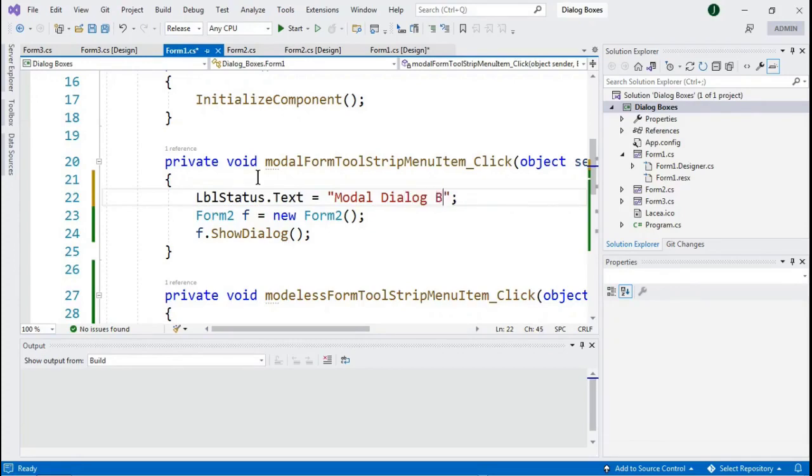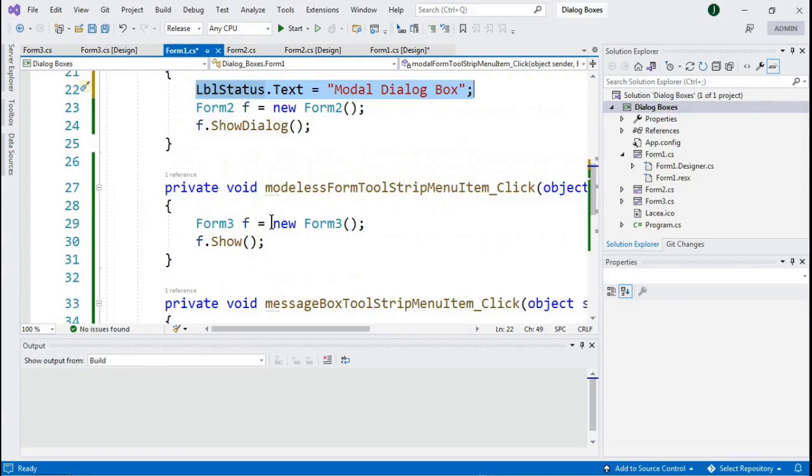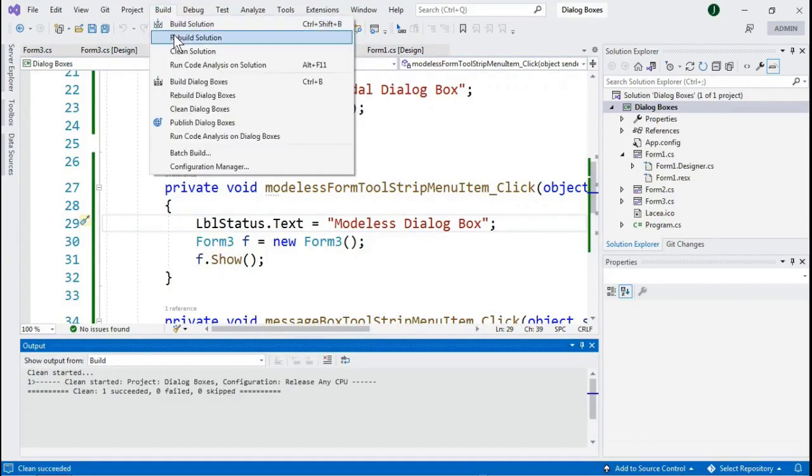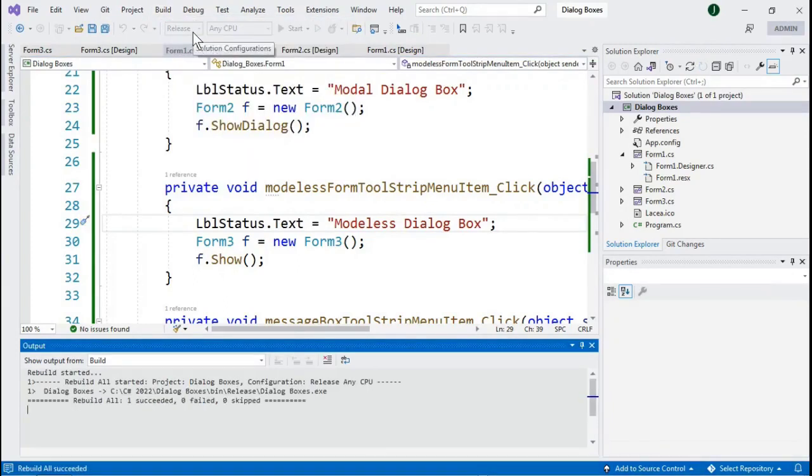dialog box. I will copy that status and then place it also in another mouse click event for the Modeless Form menu item, and I will place a message modeless dialog box. Let us test. I click Build, Clean Solution, then Rebuild Solution, and then I press Ctrl F5 to